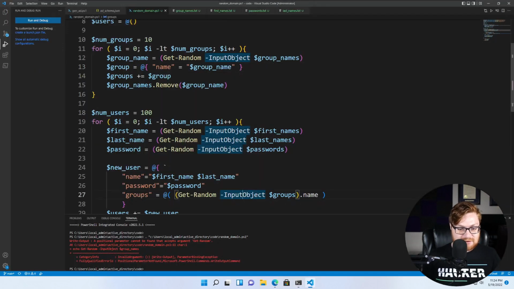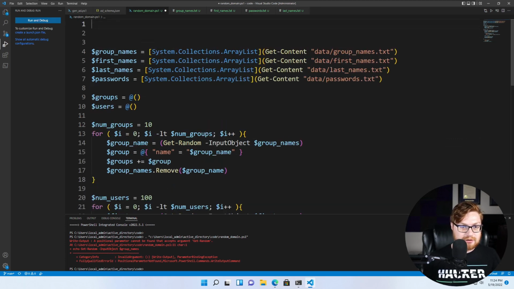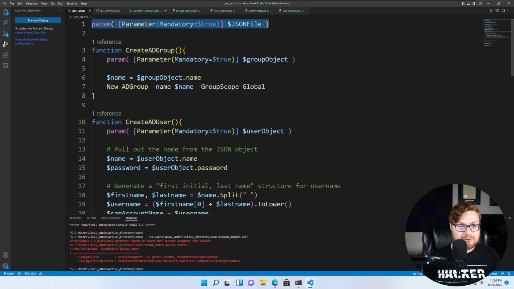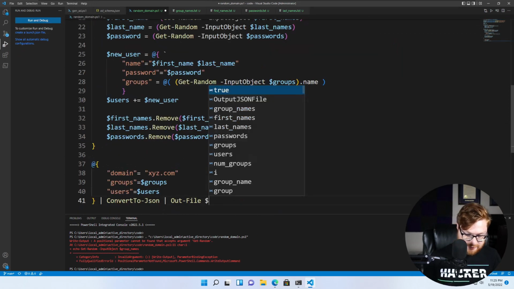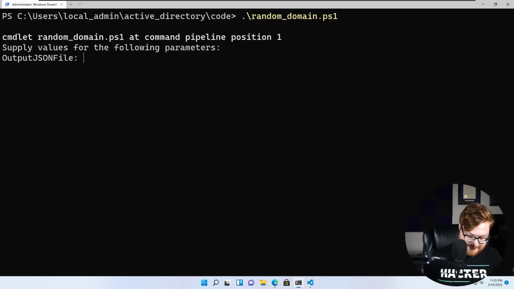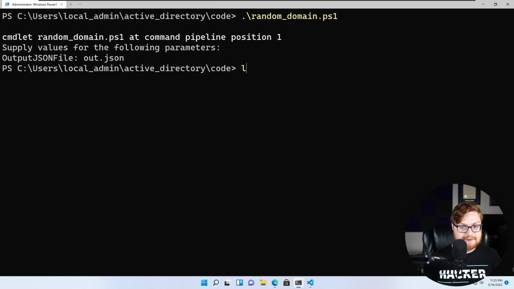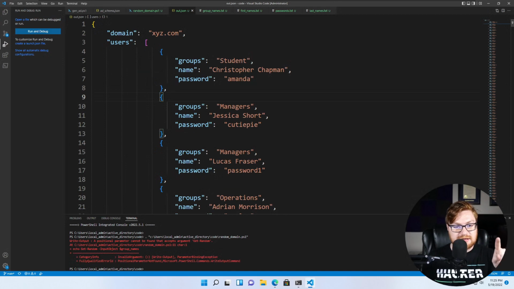Okay. So, ultimately, we now have it converted to JSON, and we can now write to a file, and we'll write it to our AD schema. I suppose we can write it to our own mandatory parameter, JSON output file. How about that? So that way we can write out to the output JSON file at the very end of our script. We've added this mandatory parameter to run our random domain, and it will spit it out in out.json. Yeah? So now I can code out.json, and this will give me a totally random,